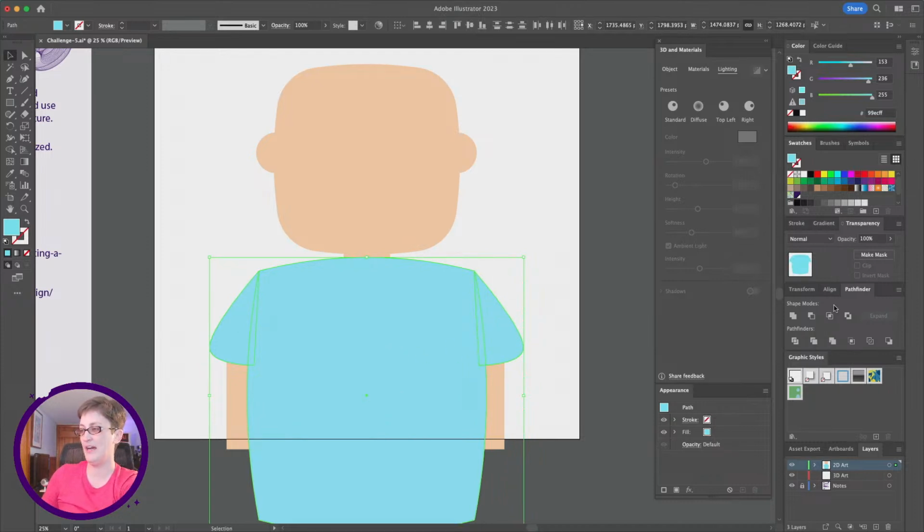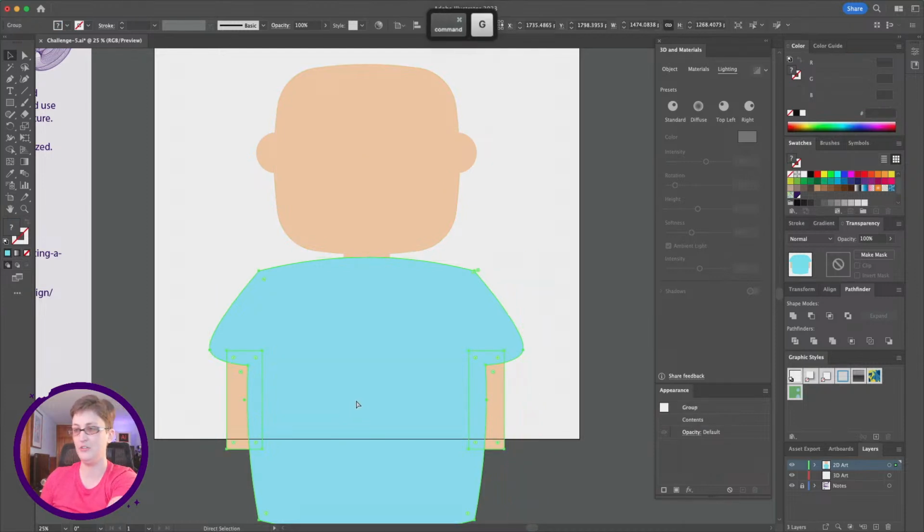Then I'm going to go over to the Pathfinder panel over here. Again, it's under that Window drop down if you need it. And I'm going to choose the first one, Unite. It's going to bring all of my shapes together. Now I'm going to drag to just select my arms and my torso and hit Command G to make a